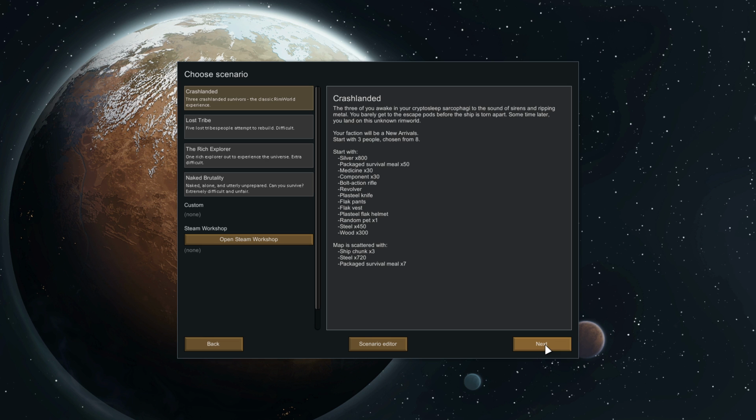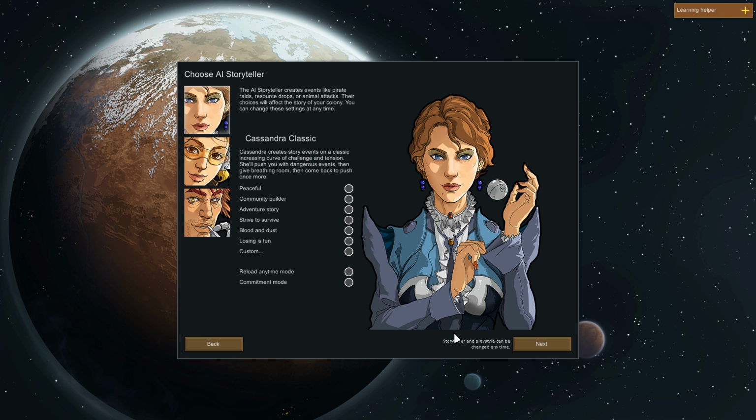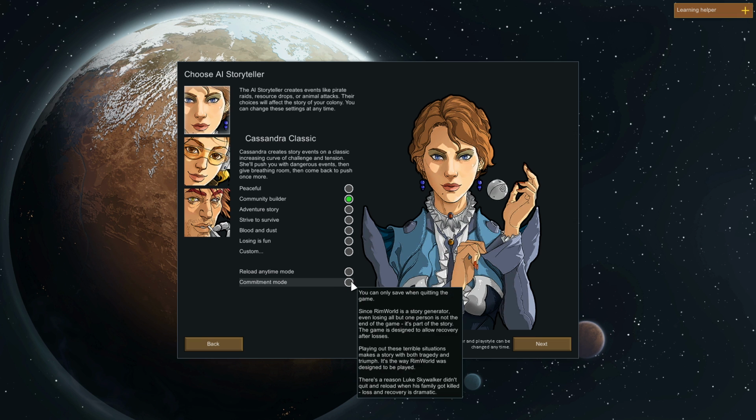I'm just going to do the basic regular scenario in the game. I'm not going to do too much out of the ordinary, and I'm going to stick to Cassandra Classic as well. I want to put it on Community Builder, so there's various different difficulty settings here. You can have it completely peaceful, or you can have it a little bit more dramatic, what have you, but I'm relatively new to the game, so I'm going to keep it on Community Builder for now. I am going to have it on,